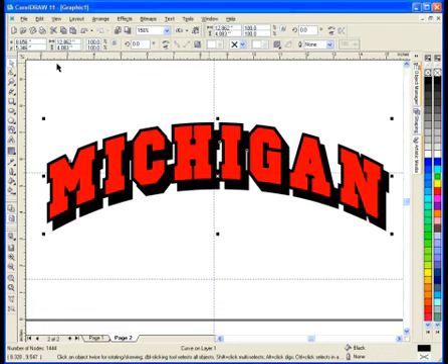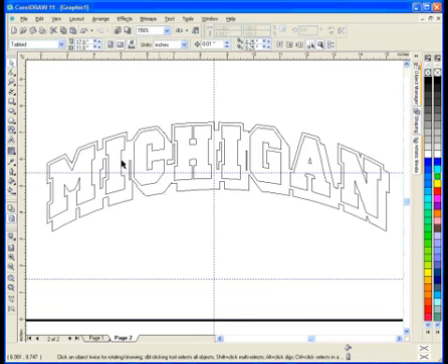Now, in this case, I'm going to view in wireframe and make sure I don't have any pieces that I don't want to cut, any small pieces. Usually anything under about 1/8 of an inch, I try to get rid of. Okay? In this case, it looks pretty good, so I would be finished. The last step that I need to do,